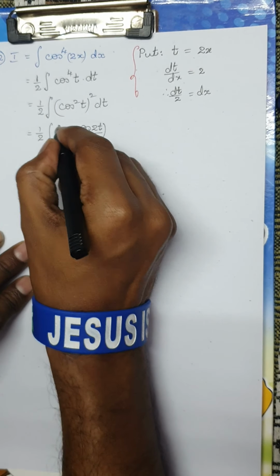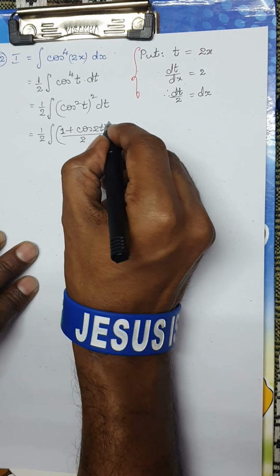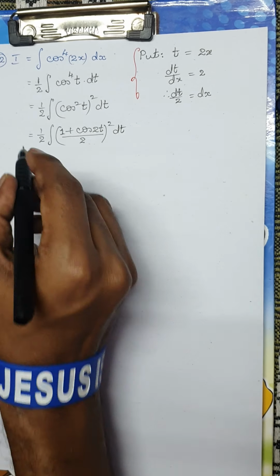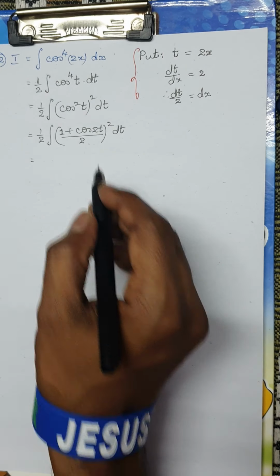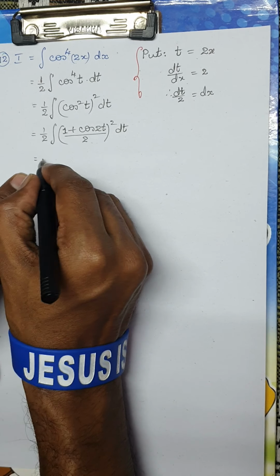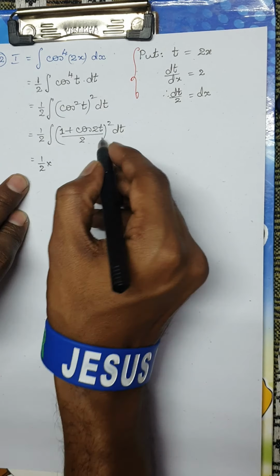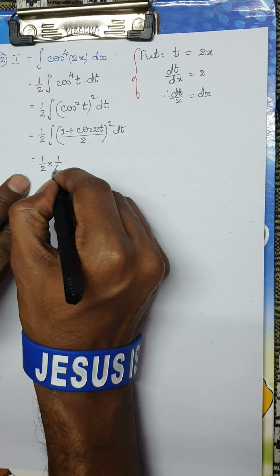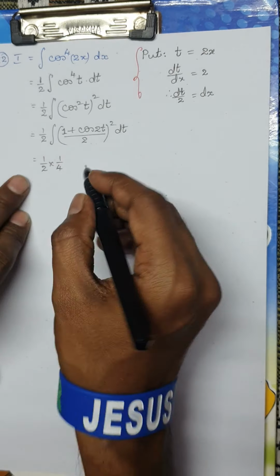Again I have a whole square, because outside I have the whole square dt, right? This is nothing but, remember, when this 2 comes outside, it is 2 square. So I have actually 1 by 2, along with this I will get 1 by 2 into 1 by 2, that is 1 by 4, remember, similar to the previous question.